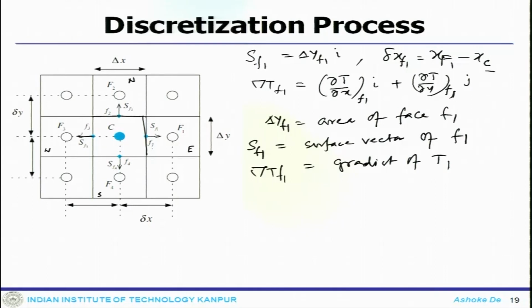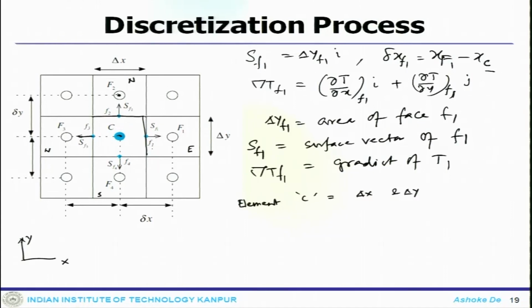And how you define then sf1 as we have defined. Now this particular element is divided in uniform size. So element C in the x direction, this is your coordinate direction x and y. The size of element C, or the width of element C, has delta x and delta y. So this is delta x and this is delta y. Now the distance between center of C and f2, that is also delta y, because it is assumed that this mark here and mark here, they are all at cell center.